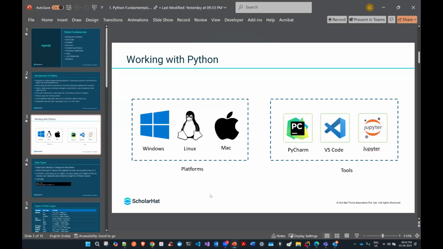When it comes to working with AI, ML, and data science, Python is the language, and Python is the stack everyone should follow. So make sure everyone has the Python setup on their local machine. You can use a Windows machine, Linux machine, or Ubuntu machine. As an IDE, you can use PyCharm, VS Code, or Jupyter as well. This is the way we can get started. Here I'm going to use Python to make a connection with my Azure AI service, and then I will access it.